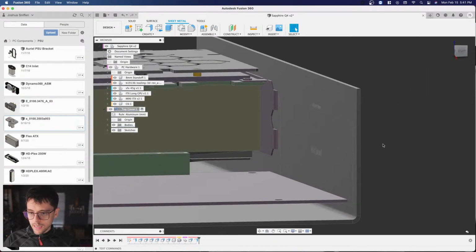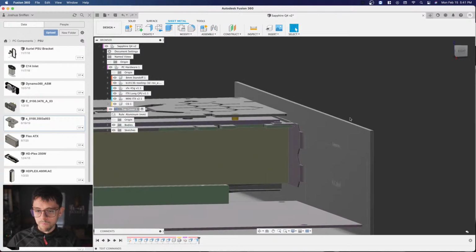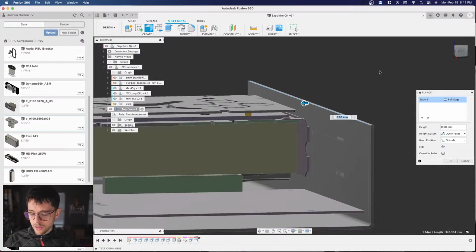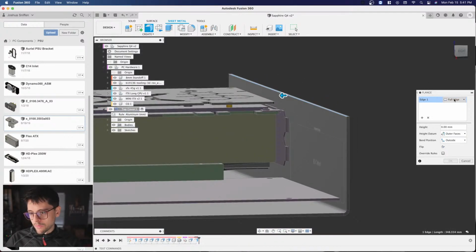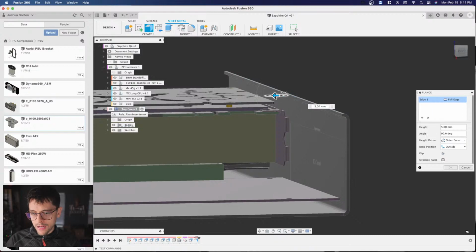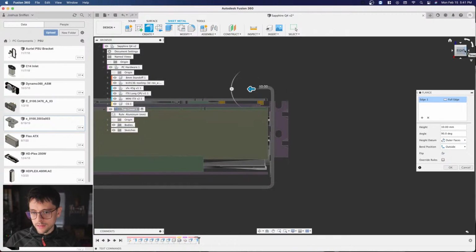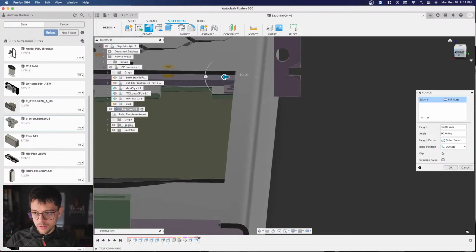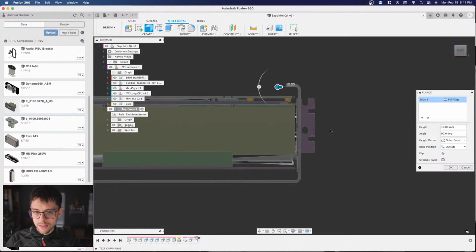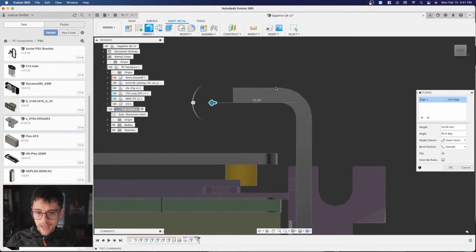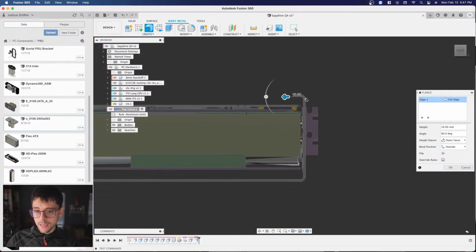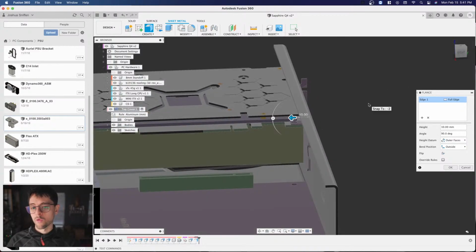All right, so now I'm going to make a flange over my graphics card. And this flange, I have an option for, well, I'm going to do it this way first. I'm going to pull it out. And if I make it 10 millimeters, keep in mind that's including the distance of the bend. Okay? It doesn't mean the flat part's 10 millimeters. And I might want the flat part to be 10 millimeters in order to put an M4 screw in, for example, to center it. I'm actually going to be using